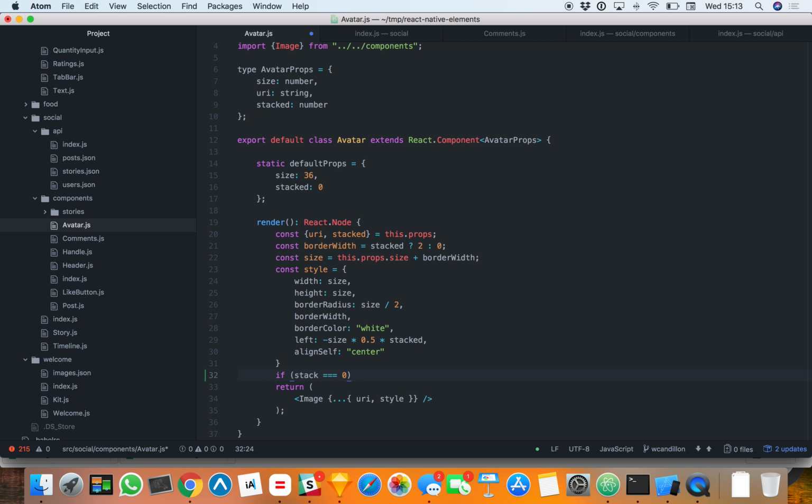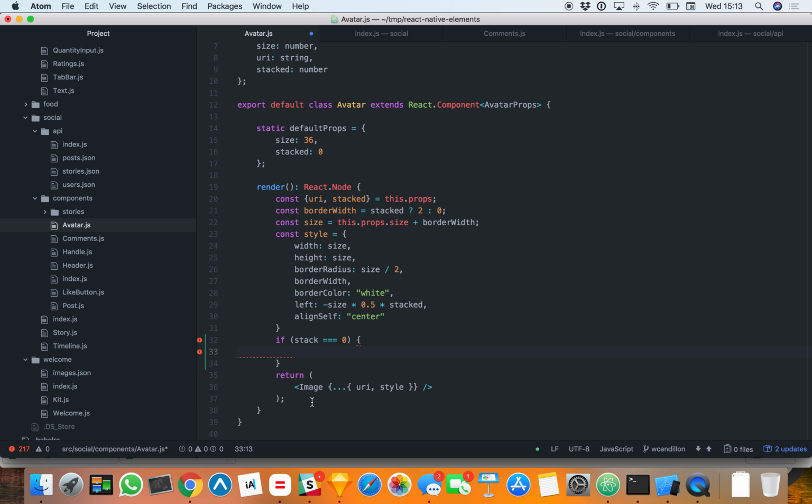So if stack equals 0, we return the image, the full image, with the border radius and everything. So okay, and if not, we return the